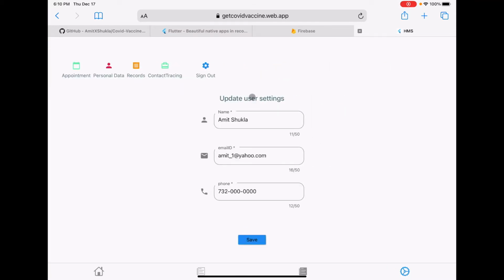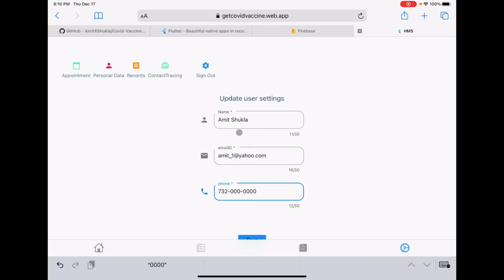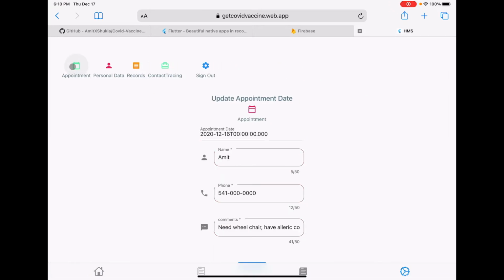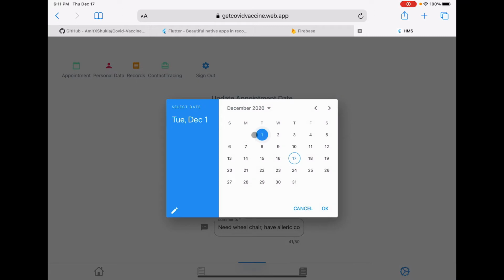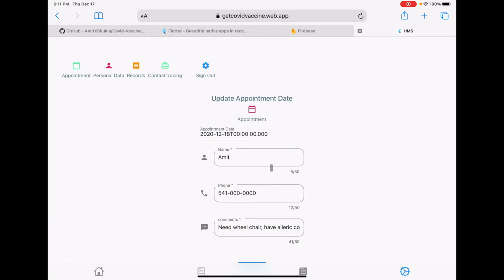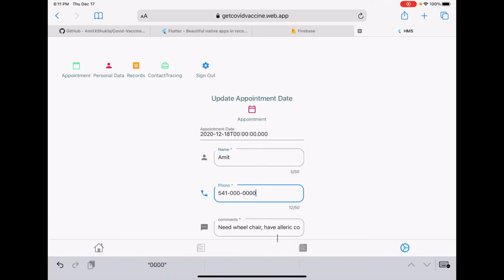So let's click on the settings page, and here it asks for your email or phone number and your username or any name. So this is the basic account level information. Now, as you can see on the upper hand, the user will be able to set up an appointment. So here you go, set up an appointment, you pick a date and your name and the phone number. As you can see, it opens a nice calendar, and you can pick any vaccination date. In the long term, it will come back if the date is already taken. It will say, this appointment cannot be taken, and it will not give it to you. But here, just say, for example, okay, I saved this data and I took an appointment.